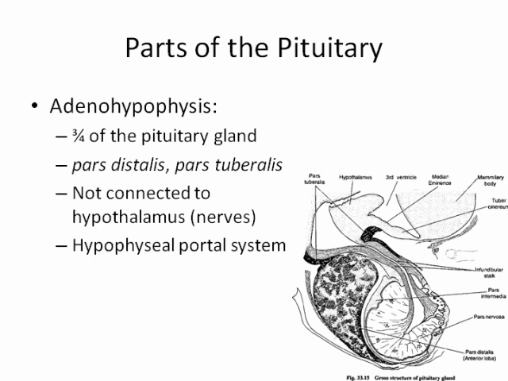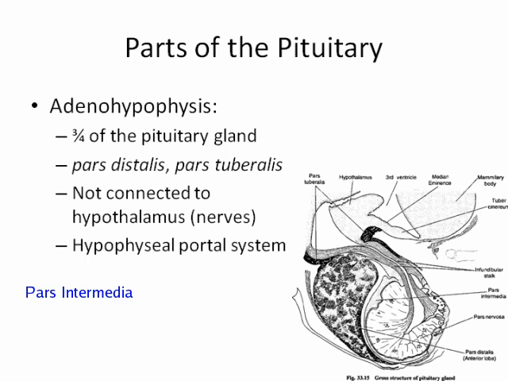Within that, what you need to make sure that you understand is that the pituitary is made up of three distinct areas: the pars distalis, the pars tuberalis, and the pars intermedia. Now, that is a term that is not on your slide, pars intermedia. And what you need to know about the pars intermedia is that it is really only found within the